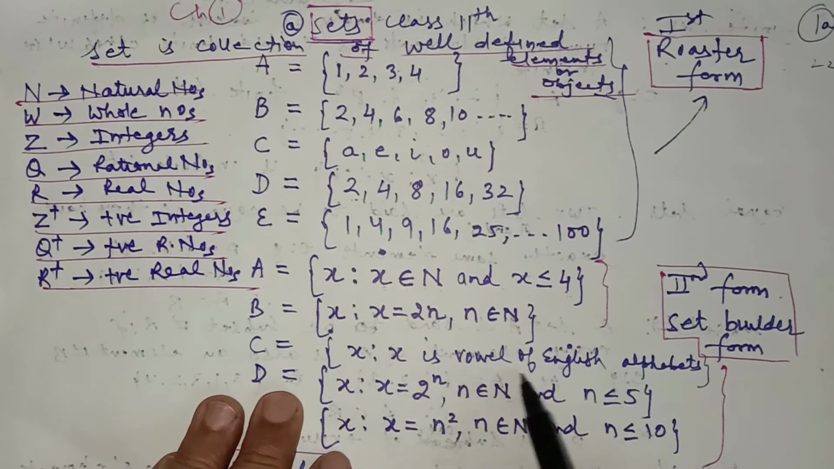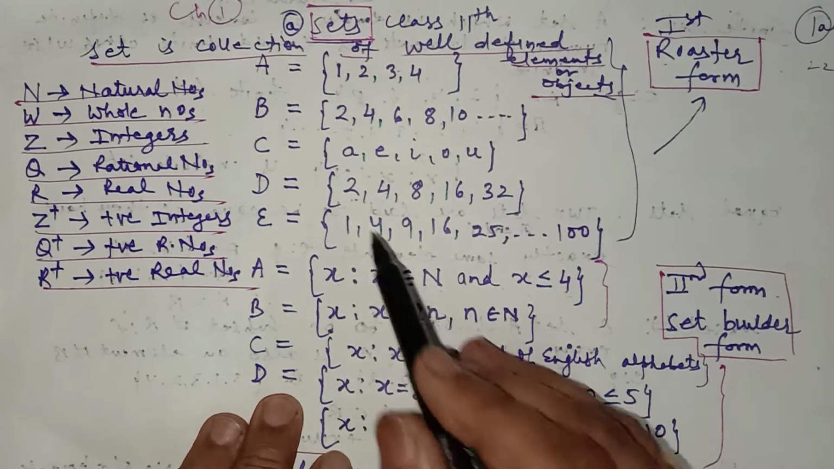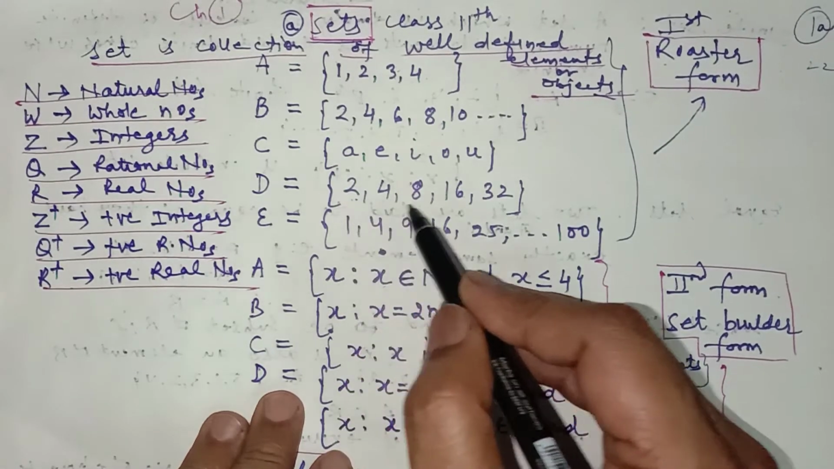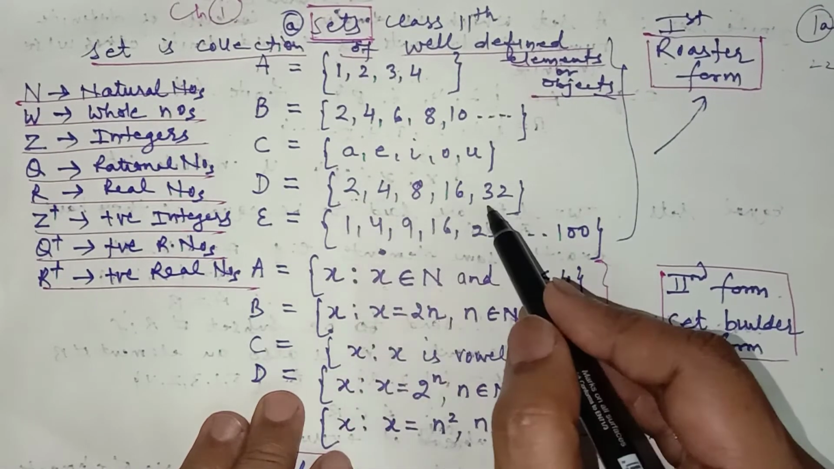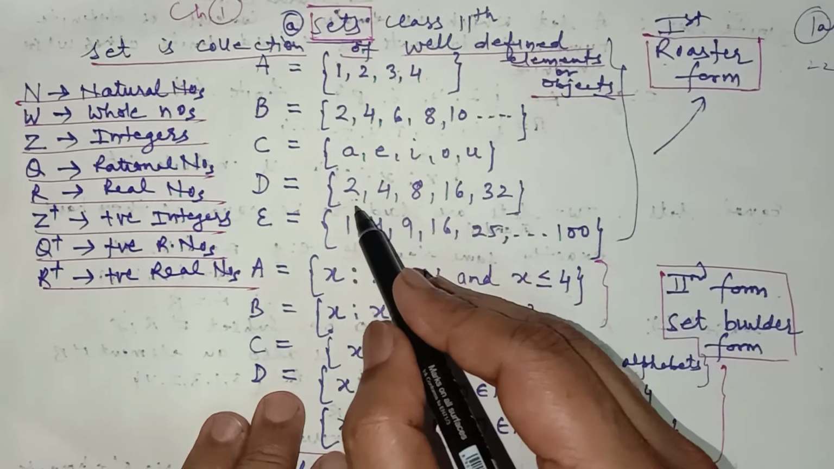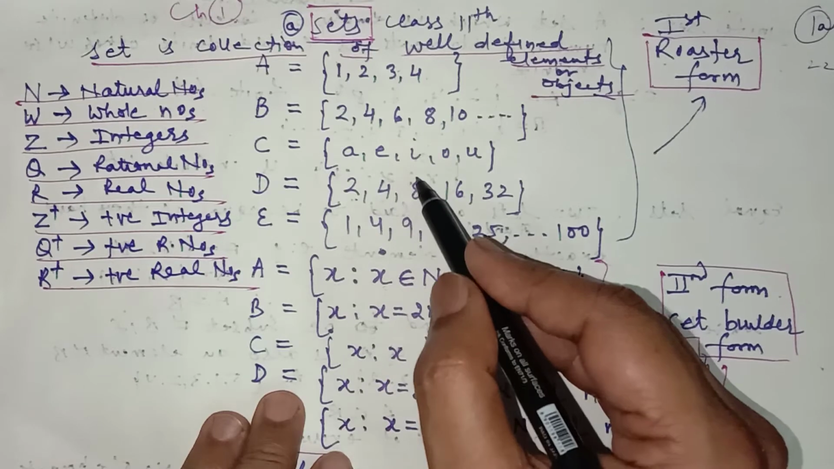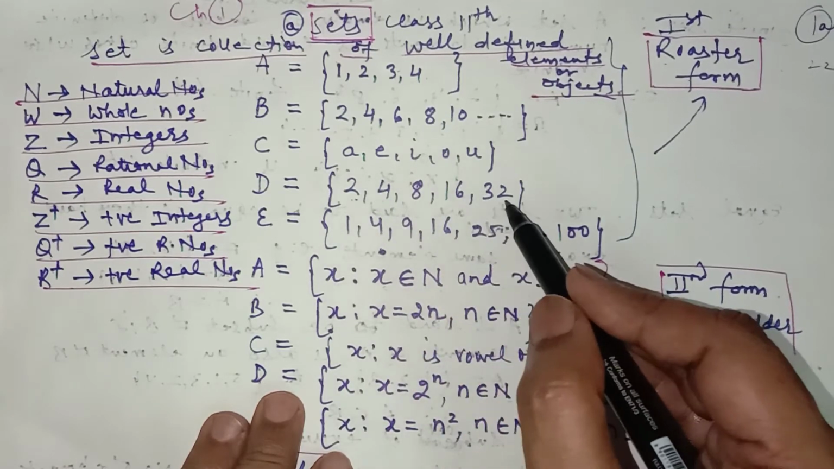X such that x is a vowel of the English alphabet. Now see it very carefully, this set D. Now 2, 4, 8, 16, 32, there are 5 elements in it. And these are the powers of 2. 2 raised to power 1, 2 raised to power 2, 2 raised to power 3, 2 raised to power 4,